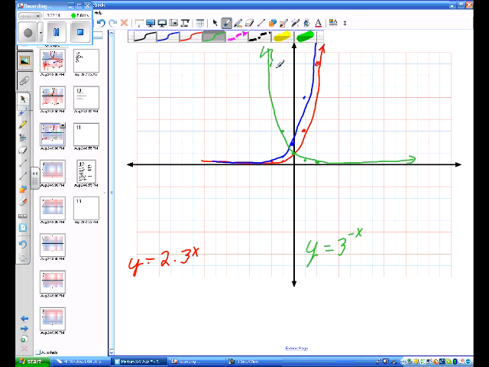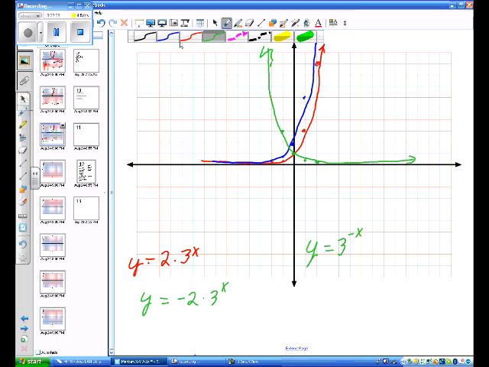And we would have our function. But it's just reflecting it. And so it's going back through a lot of those same things that we did before. Let's say we have y is equal to -2 times 3^x. Well, what this does is it not only doubles our points, but then it reflects it across